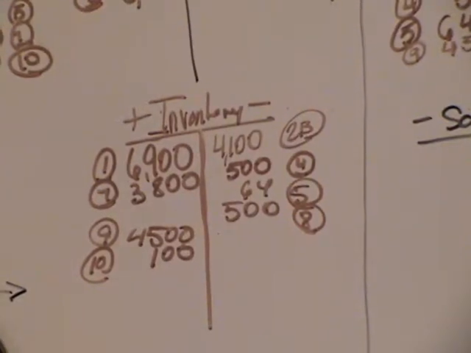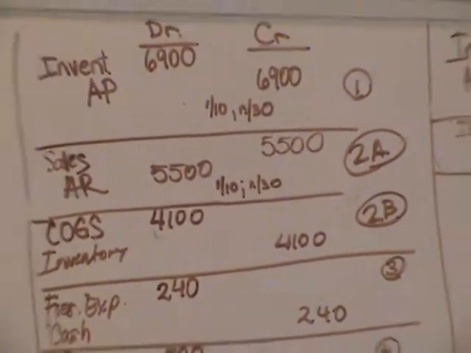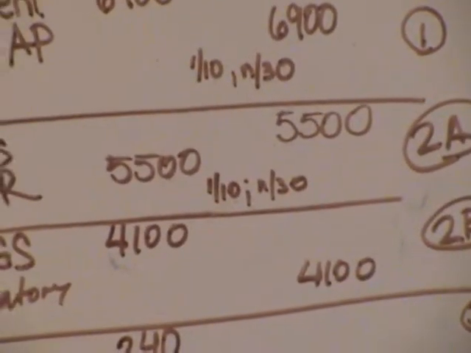Sold merchandise for cash, 6,400. They're probably going to tell us what it cost us. The merchandise sold had a cost of 5,120. So now we have to do that journal entry A and B. Remember back from 2A and 2B, so do that.